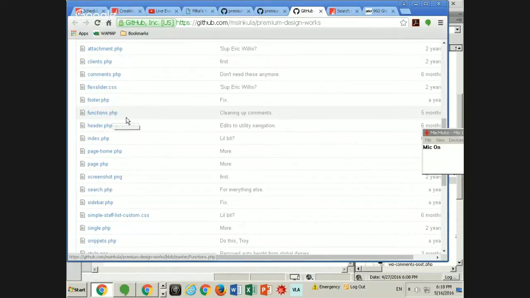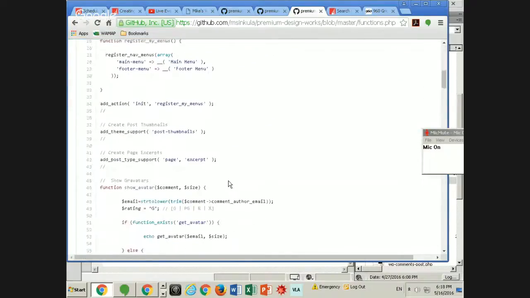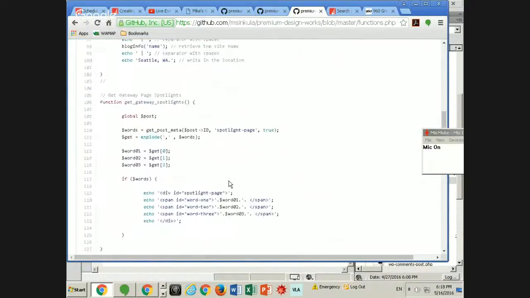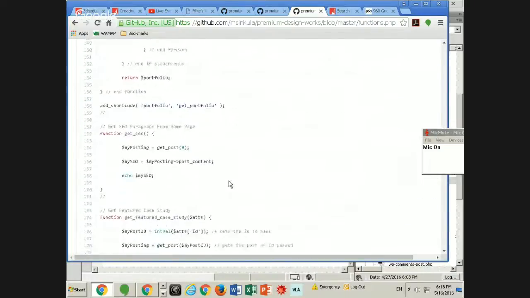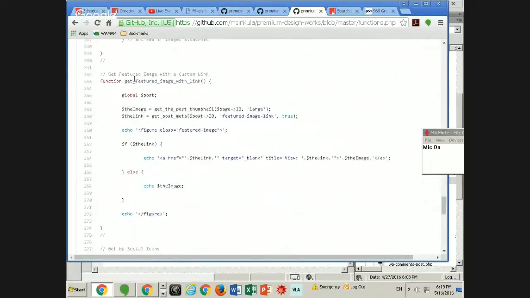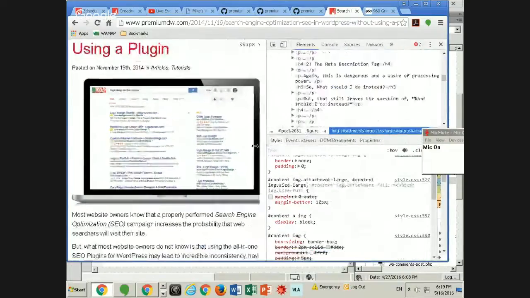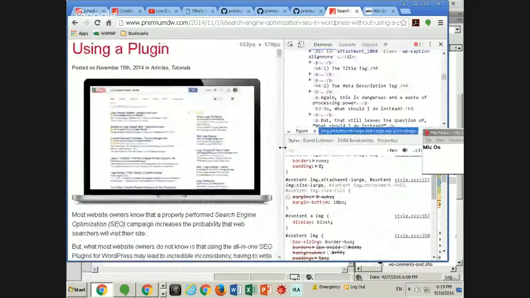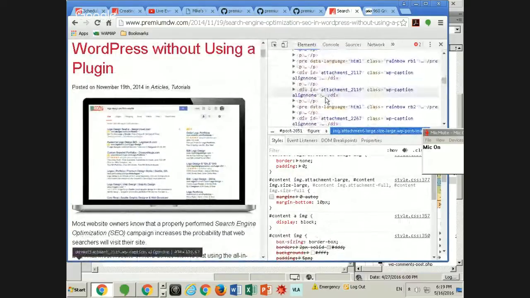Instead of writing all that stuff in all the template files, you can use your functions file: get featured image with link, where I am saying for the image, get the post thumbnail size large. Okay, so basically then, if we're here, you're basically seeing that compress and expand because